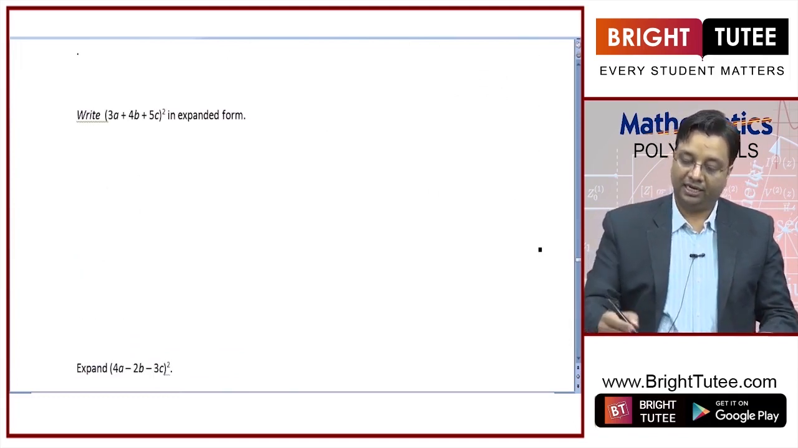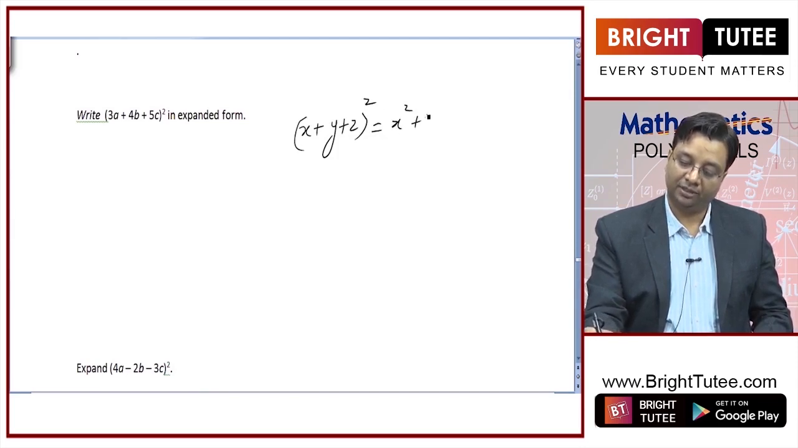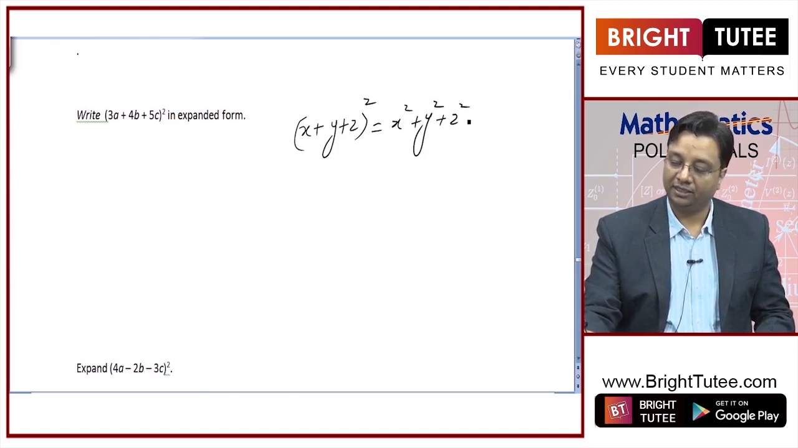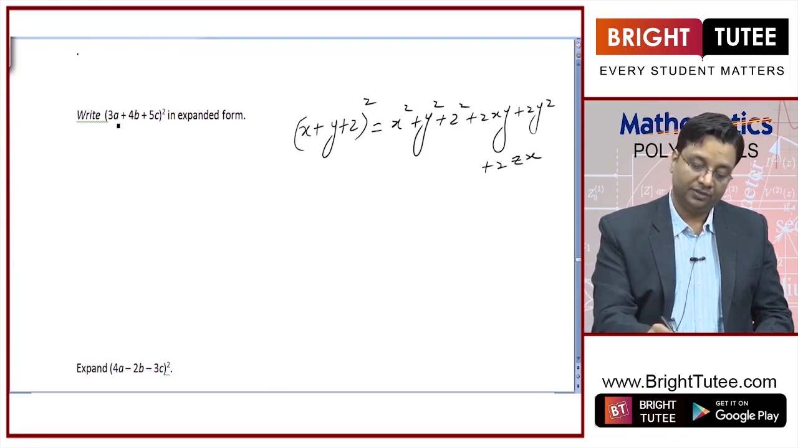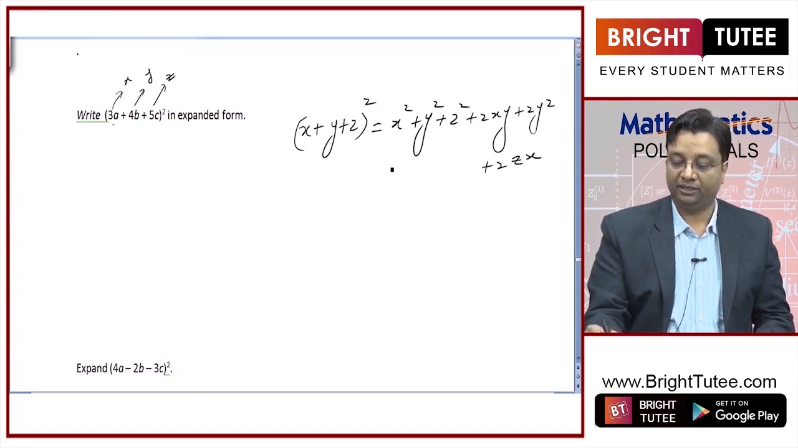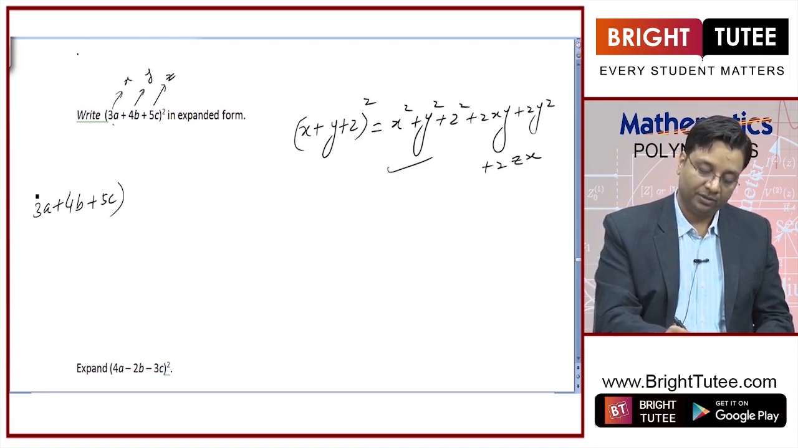Now for this I will again use an identity, which is (x + y + z) whole square. It is equal to x square plus y square plus z square plus 2xy plus 2yz plus 2zx. So here x is 3a, this is y and this is z. So you just put these values in this identity and you will get (3a + 4b + 5c) whole square